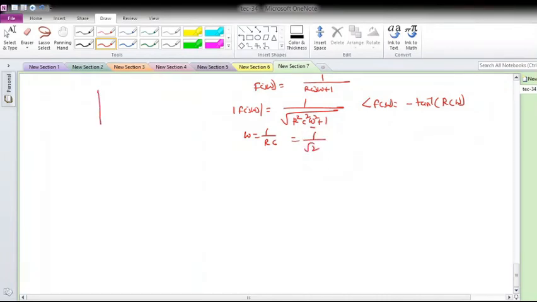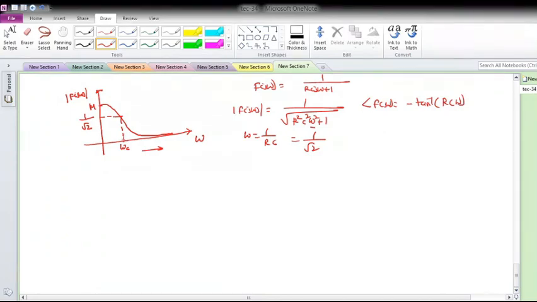So how will the magnitude response look? If I would like to plot the magnitude response for this RC circuit F of j omega, at omega equal to 0 you will get some magnitude. Let me call this maximum magnitude M, and then as omega varies it decreases monotonically, and as omega tends to infinity it tends to 0. When omega is equal to 1 by RC, this will be 1 over square root of 2, and let me define that frequency as omega c, which is called the cutoff frequency in general.